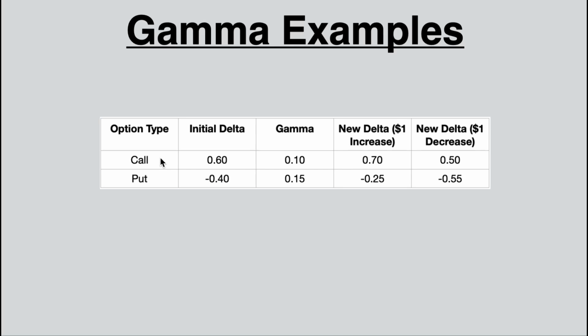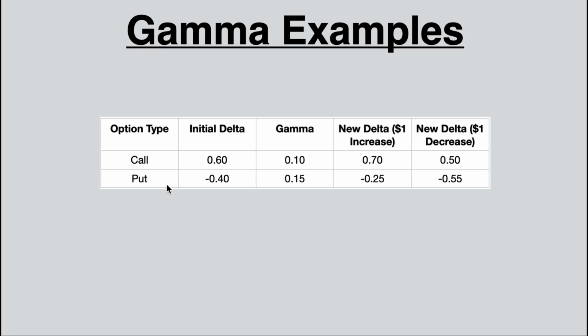Because this is a call option and every time it increases, it's going in our favor, it's moving further into the money. That means the delta is also going to increase, so after a $1 increase, our new delta would be 0.70. Let's say we have the same call option, but the stock decreases by $1. So now we would be left with a delta of